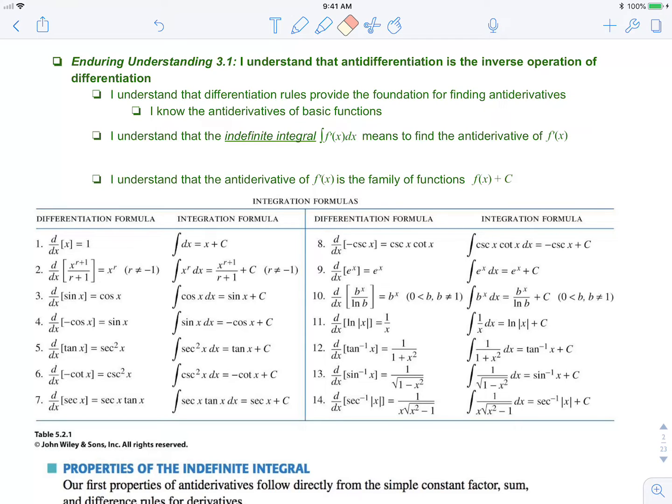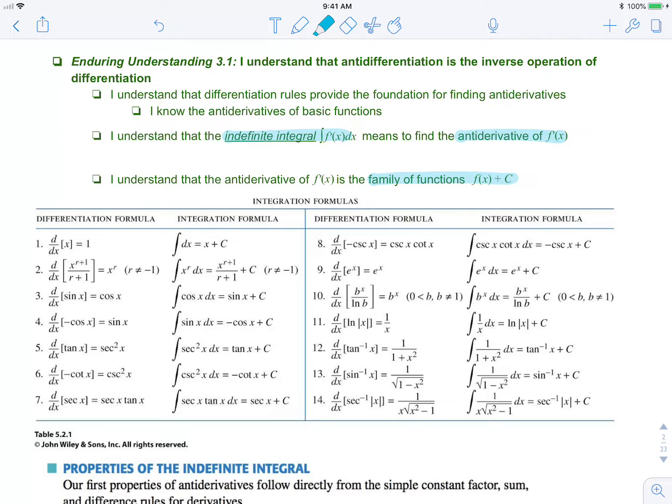So now we're getting to the idea of an indefinite integral. So remember, an indefinite integral has this symbol, an integral sign, and that means to find the antiderivative of that given function. And the antiderivative is a family of functions that are parallel to one another. So we add a plus c on the end, and that c can be any constant depending on a given